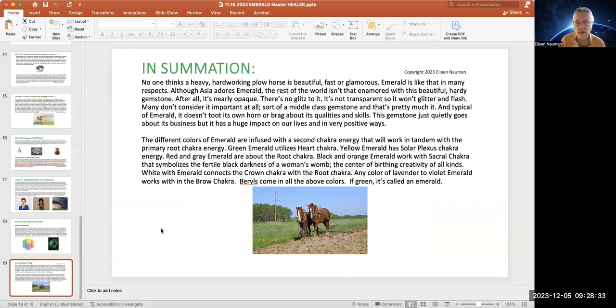After all, it's nearly opaque, for sure. There's no glitz or glamour to it. It's not transparent, so it won't glitter and flash like a several-thousand-dollar emerald. Many don't consider it important at all. Sort of a middle-class gemstone, that's pretty much it. And typical of emerald, it doesn't toot its own horn or brag about its qualities and skills. This gemstone just quietly goes about its business, but it has a huge impact on our lives in a very